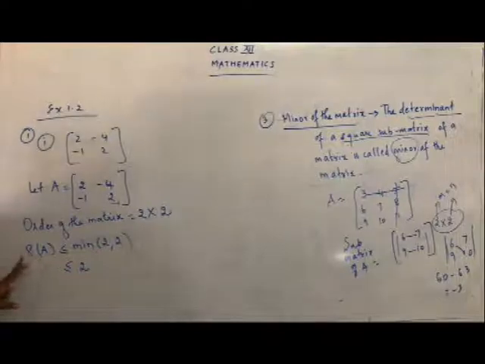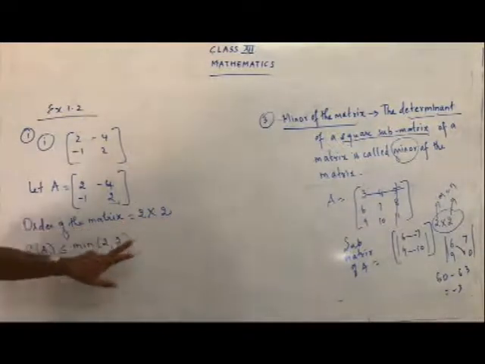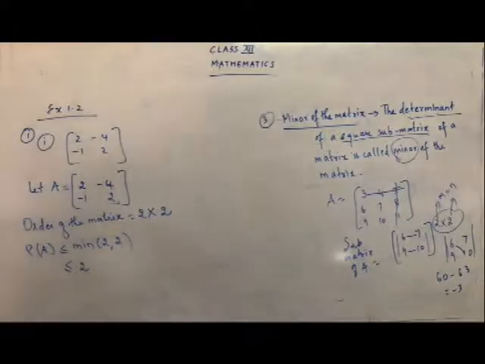And what is the definition you get from the points? Rank of A is less than or equal to the minimum of m, n. What is m here? 2. What is n here? 2. What is the minimum of 2, 2? It's 2. So the answer may be 2 or the answer may be 1. We have to solve and find out whether we get 2 or 1. Now we are going to choose the highest order of non-vanishing minor.